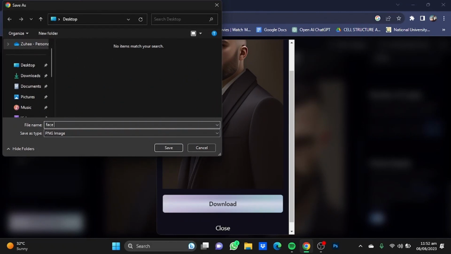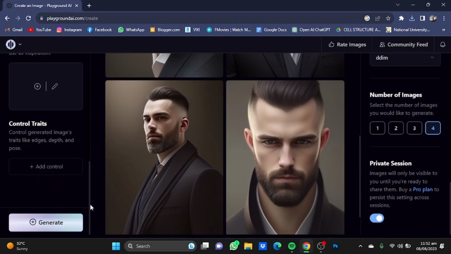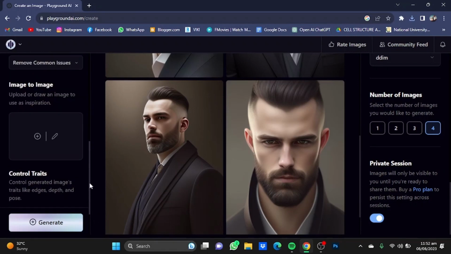Face restored. You can go desktop and just save it. Now once the images have been saved, the face restored image has been saved,